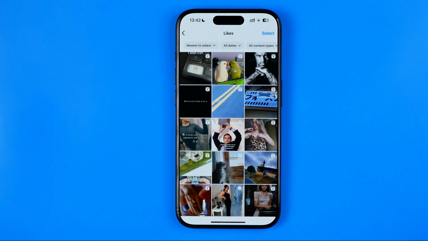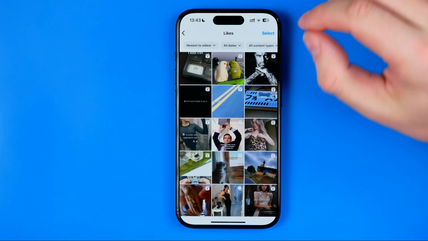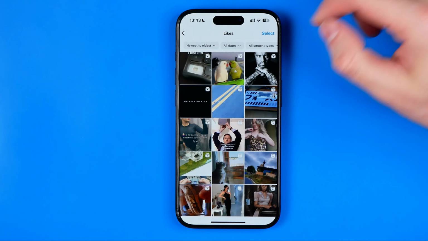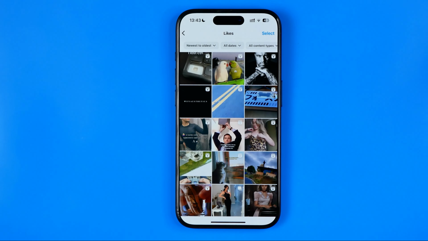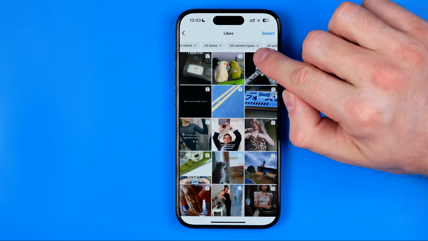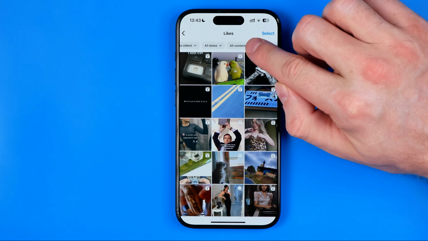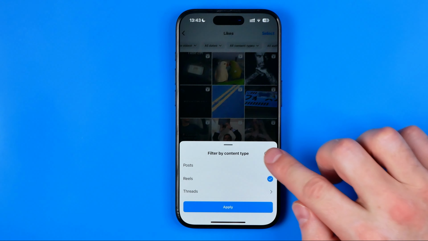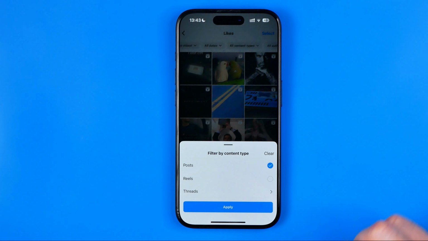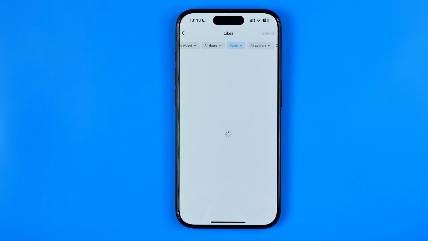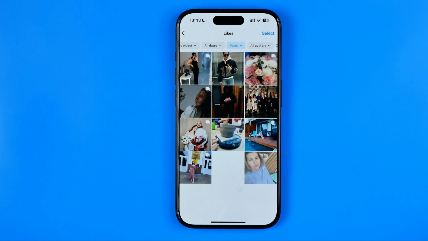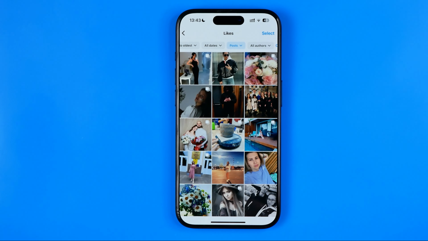easily find all the content you have ever liked on Instagram, including posts and reels. If you would like to filter that content just by posts, tap right here at all content types, hit clear, then select posts, and then hit apply. That's how we can easily find all our liked posts on